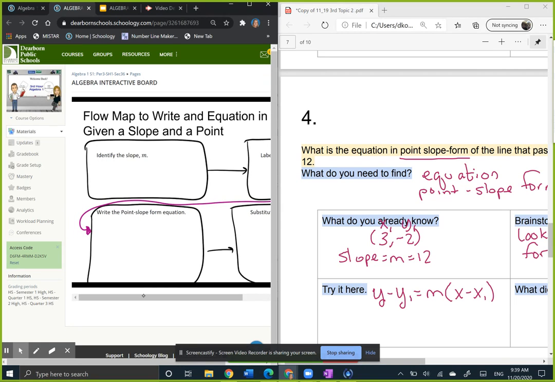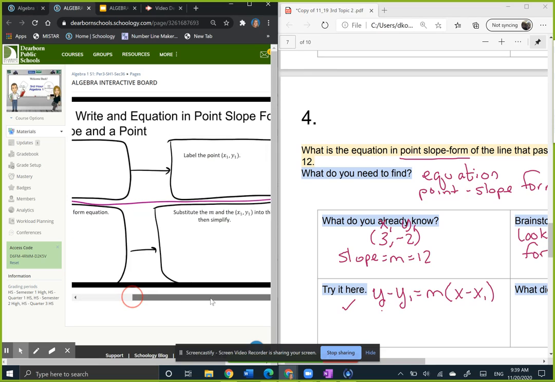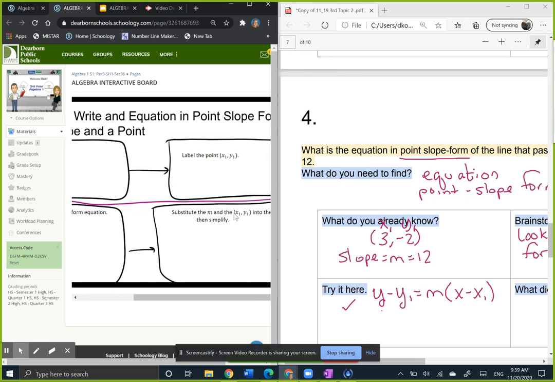Then we're going to write the point slope form. So that's what this is here. So I wrote it. Then we're going to substitute the m and the x sub 1, y sub 1 into the slope formula, then simplify. So let's substitute what we know. So y minus y sub 1 is -2. So we're going to put -2 in parentheses is equal to the slope, 1/2, times